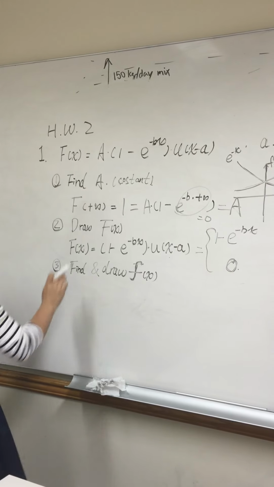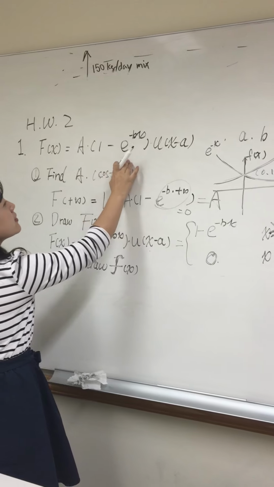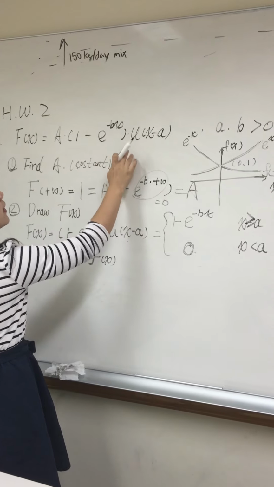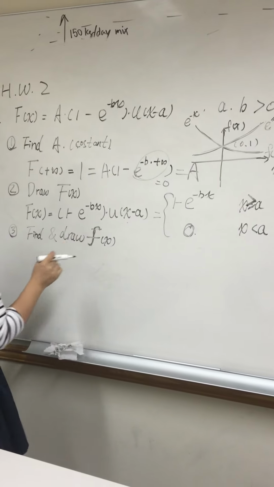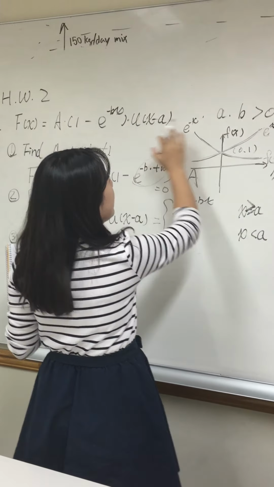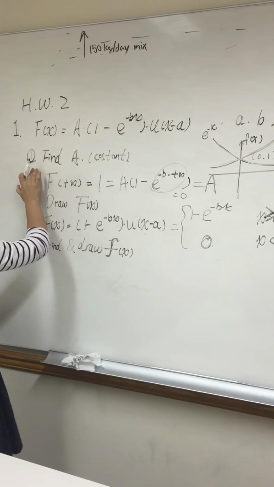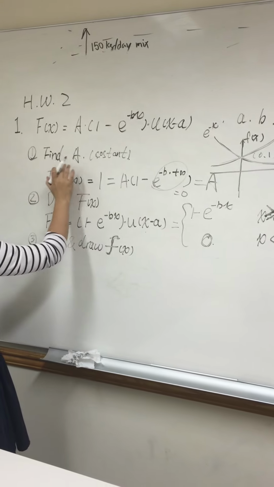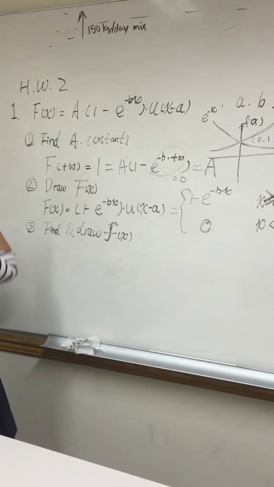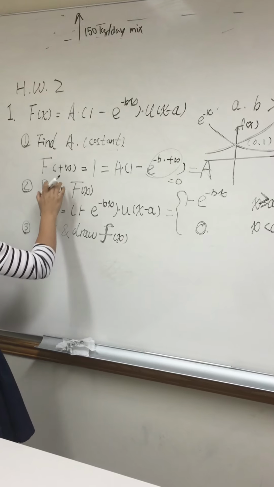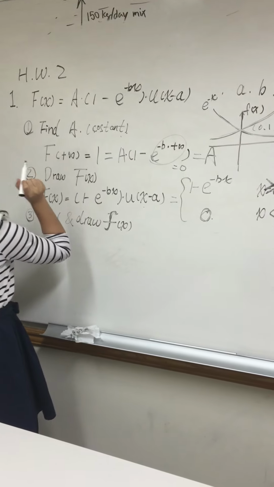The first question gives us this function: A times (1 minus e to the minus bx) times the step function. In this function, A and B are opposite constants. And the first question is to find A, which is a constant number. From the properties of the distribution function, we know that